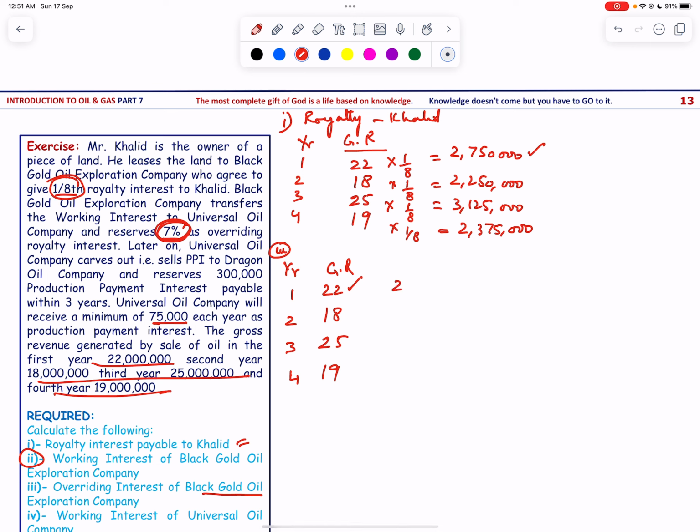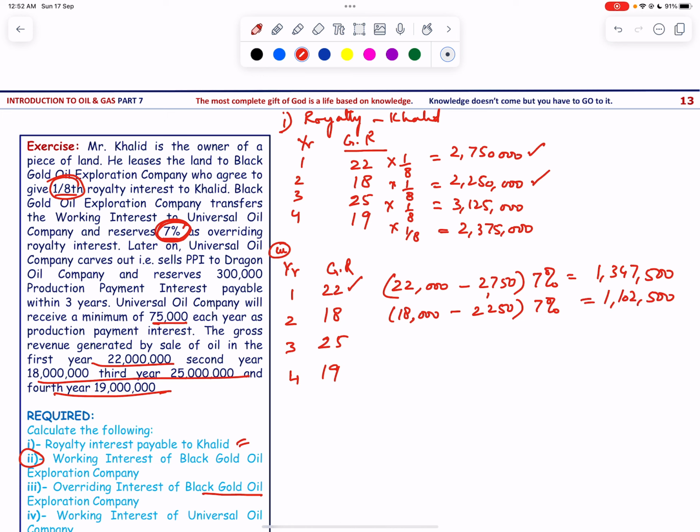So 22 million minus 2,750 million and 7% of this amount will be equal to 1,347,500. For the second, 18 million minus 2,250, and this is 7% again, so this will be 1,102,500. For year 3, it will be 25 million minus